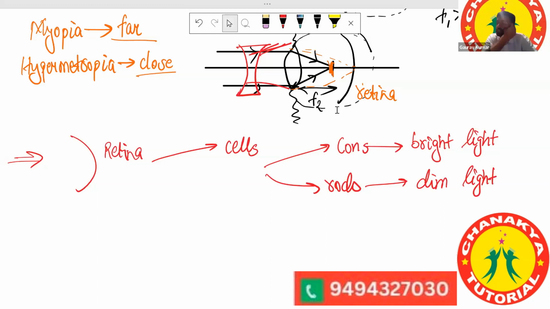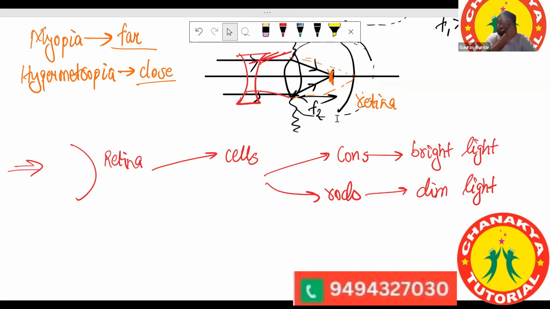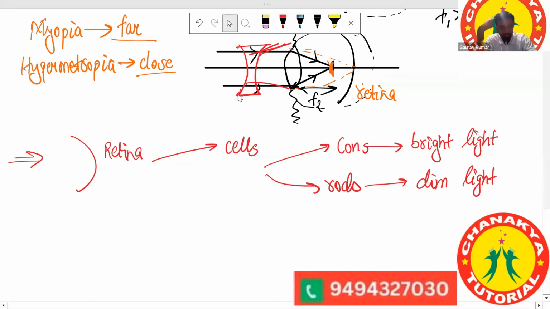When I used to study at your age, in 8th class, the teacher used to tell me that this is rods and this is cones, this is the word. But that time also I didn't have that much curiosity. It is now that I prepared for your class that I thought of seeing the image of how these cones look like, how these rods look like. So let me show you how these two look like.